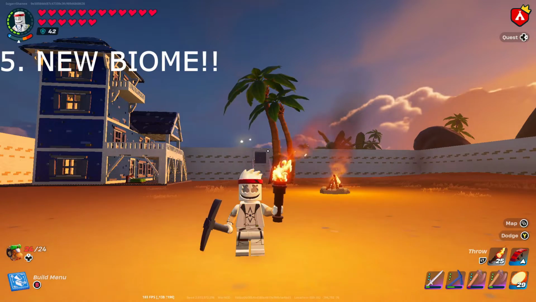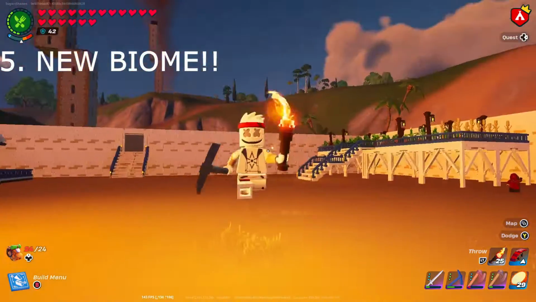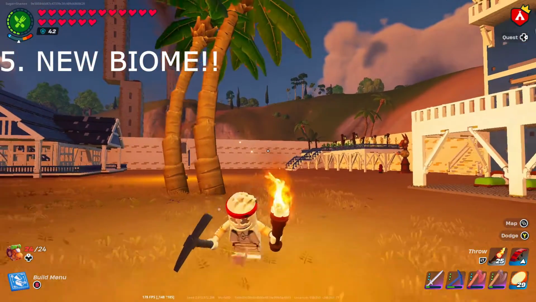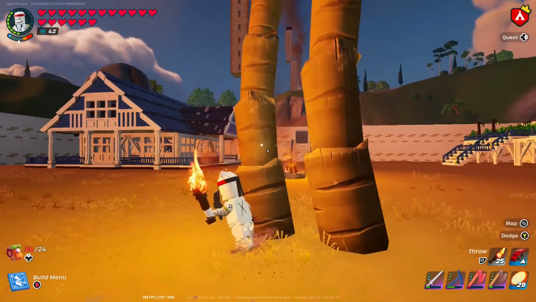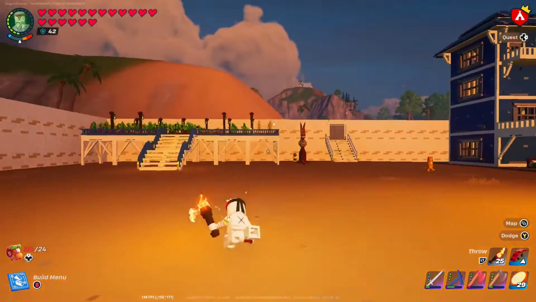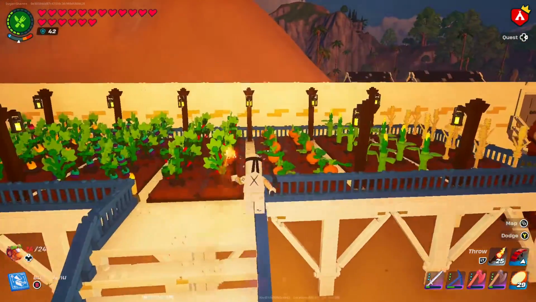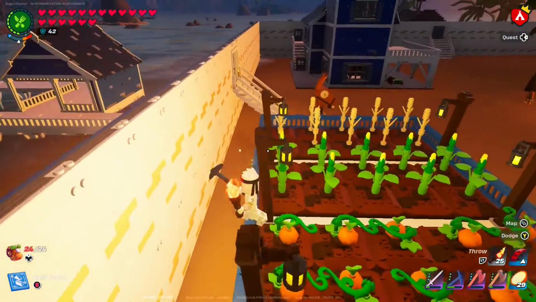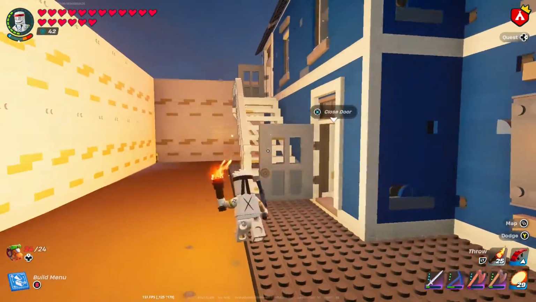And now number 5, the last thing that I would love to see them add to Lego Fortnite, of course, popular opinion, I'm sure, is a brand new biome. Now we've been hearing rumors about the long-awaited dark forest biome for quite a while now, and we haven't really heard much of it as of late, though. There's really been no updates aside from the roadmap that got leaked a couple months ago,